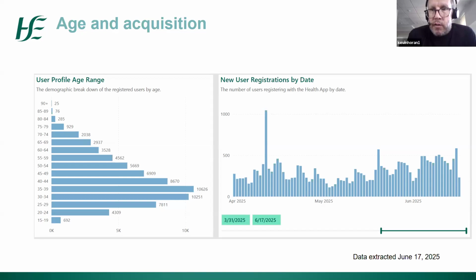The majority of the users in the app are aged between 25 and 44 at the moment, so that's about 38,000 of the users. And that's driven largely by the focus we've had on maternity appointments initially. So maternity patients are the people who would get the most value from the app at first release. We've focused our social media and marketing efforts on those users. And the acquisition of users since then has been slow and steady, with some notable spikes around media features or social spend. So you can see there was a spike in late April, which was associated with an article in the Irish Times, I believe.